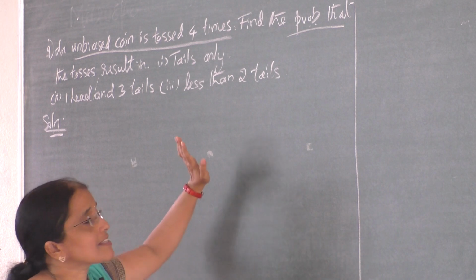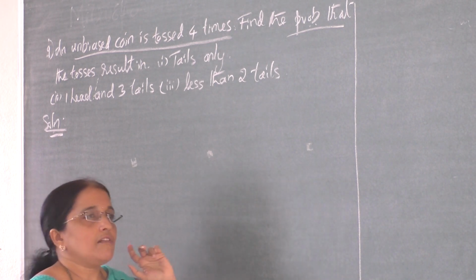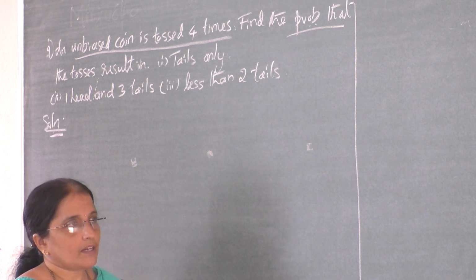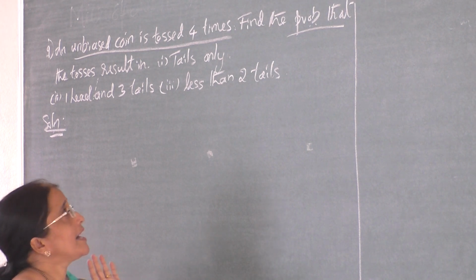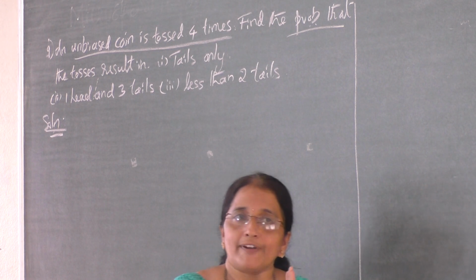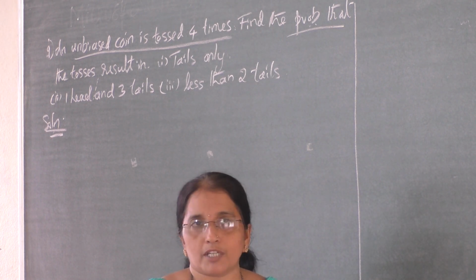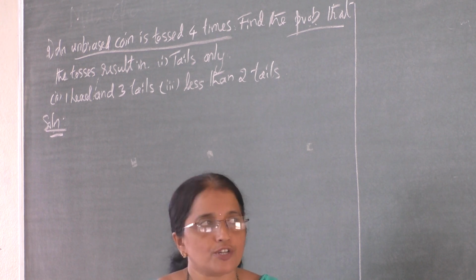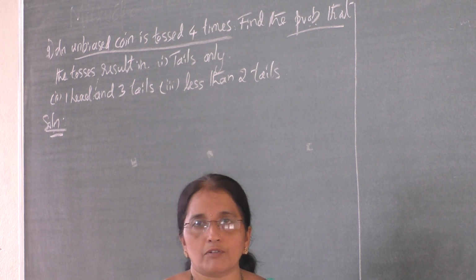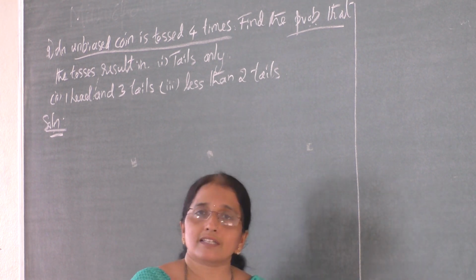So remember, here it is a problem on binomial distribution. Once you decide which distribution we are going to deal with, the first step is always to define the random variable. Here we define it as either let X denote the number of heads obtained or maybe tails obtained. There are only 2 outcomes in binomial as well as the Bernoulli distribution. One outcome is called a success and the other outcome is called a failure. Depending on the problem, success is defined.